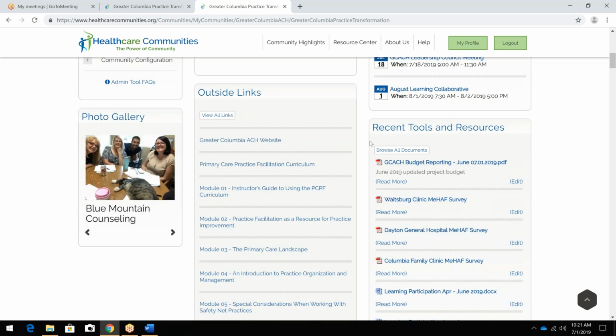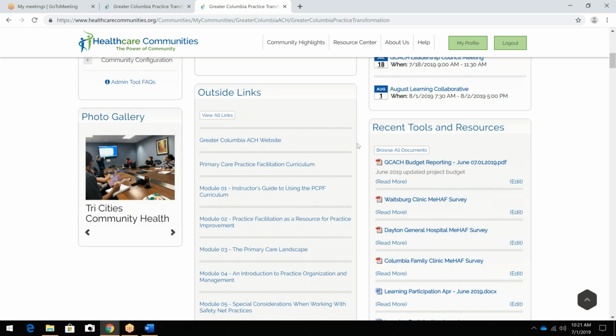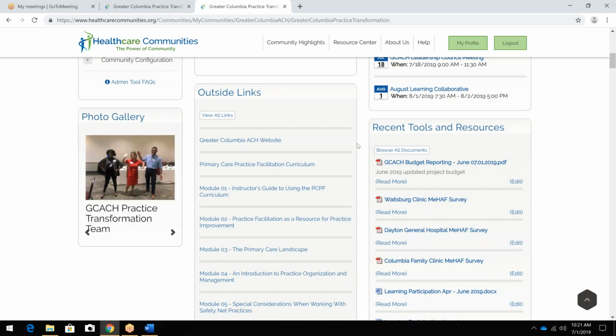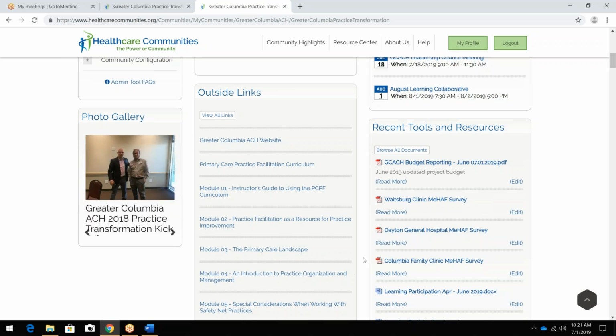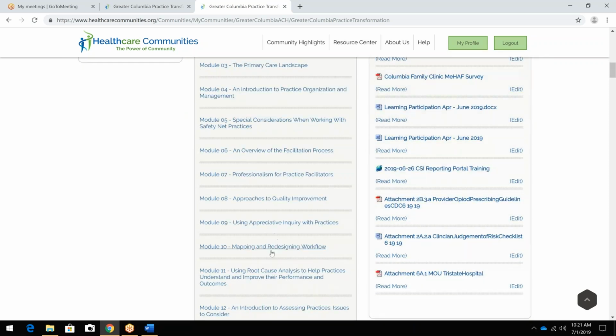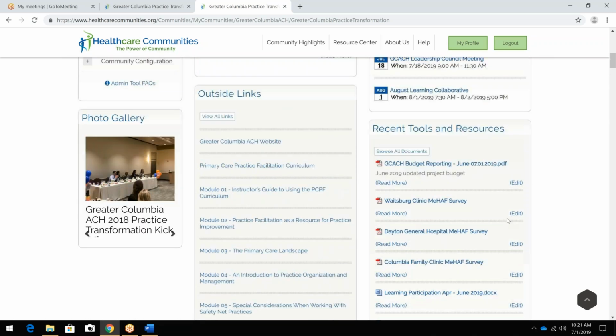Outside links, these are fairly the same as the links in the training, but this is just another way to find them. If you want to find something quickly, you can just click on them, and it takes you directly to that link. And then recent tools and resources, these are all of the recent tools that we have or